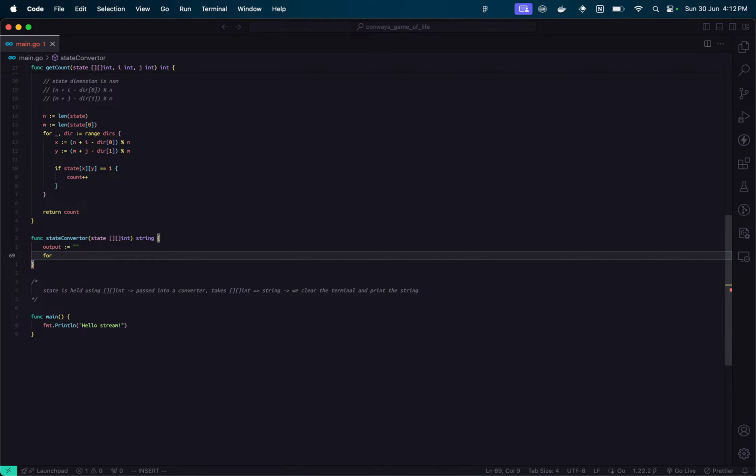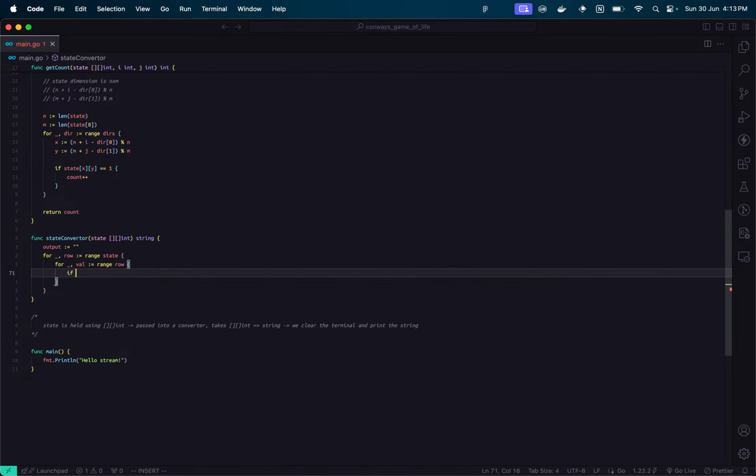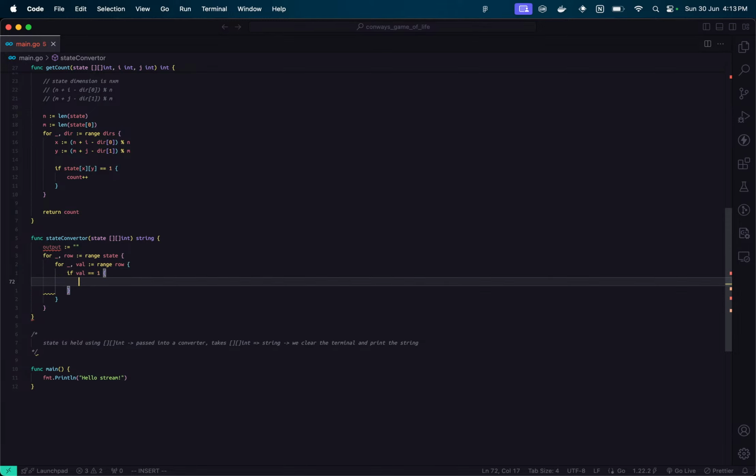Now we go through all the values. So for row in range of state, for val in range of row, if val equal 1,